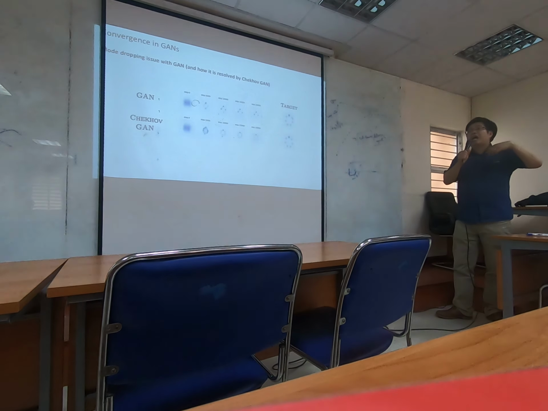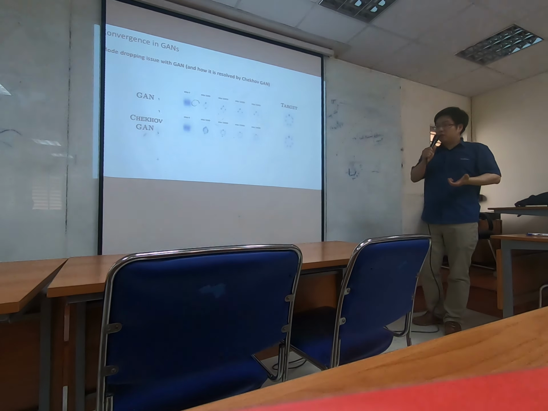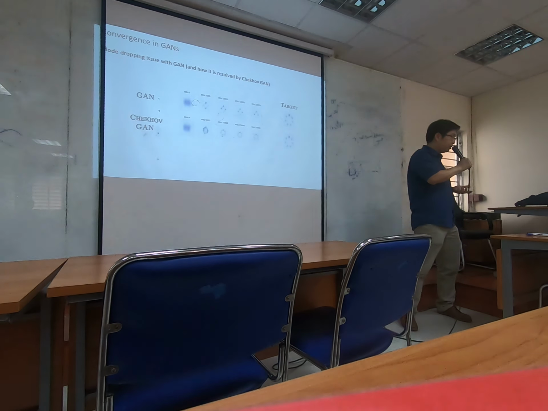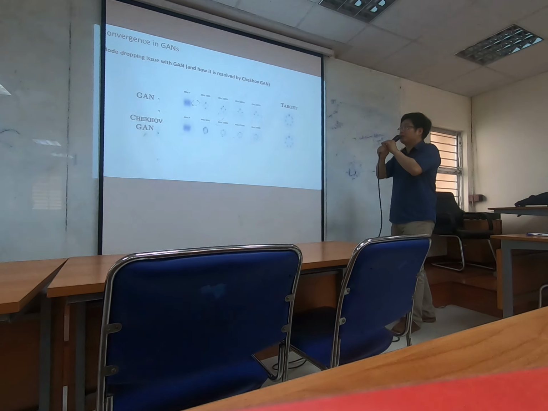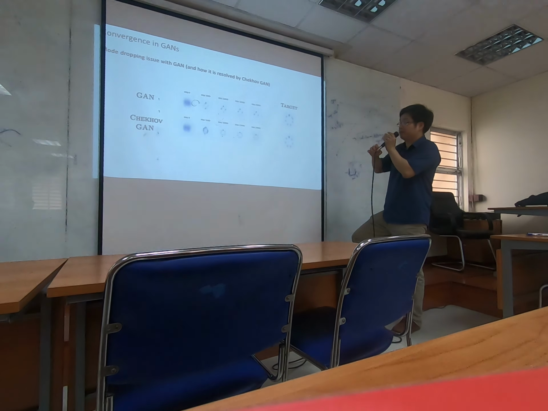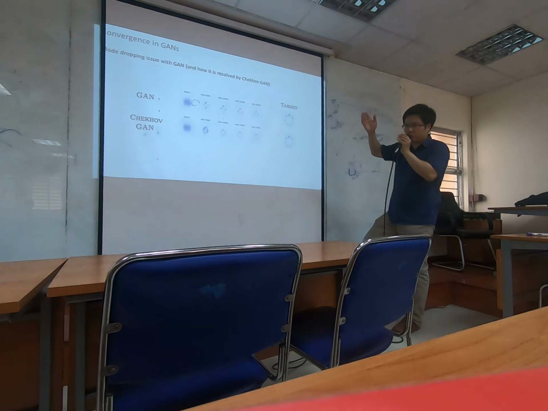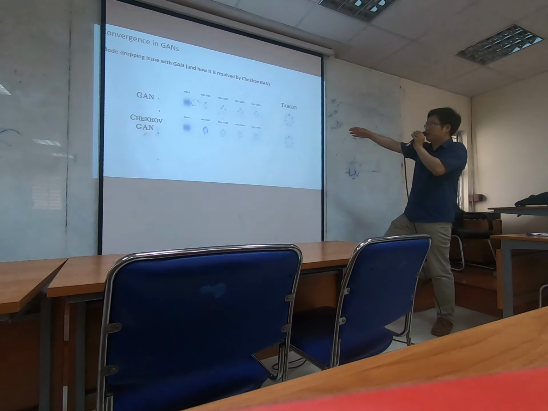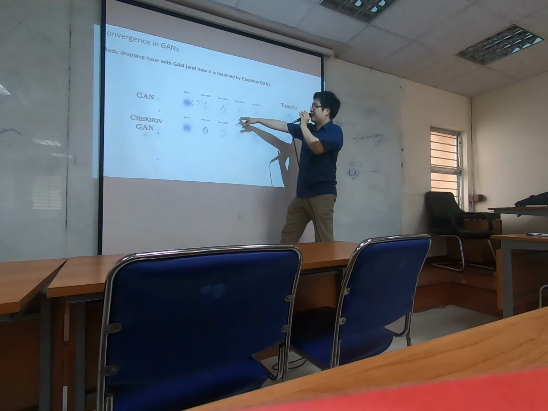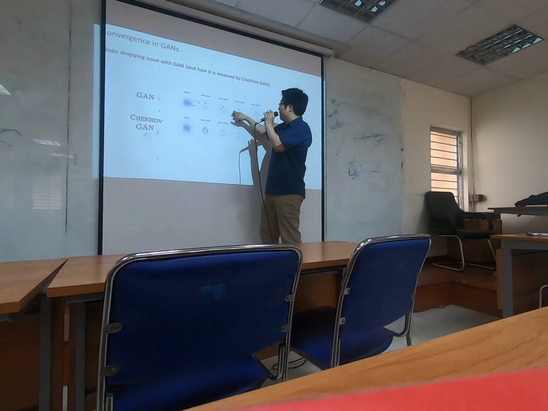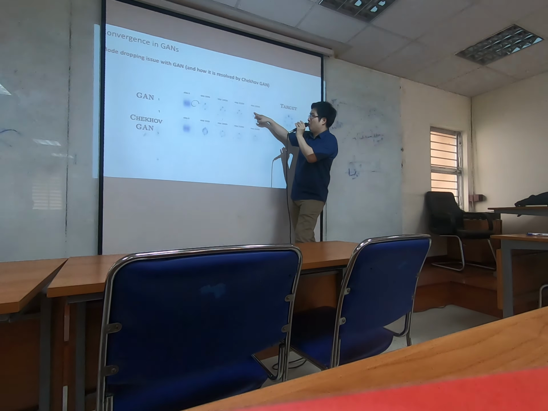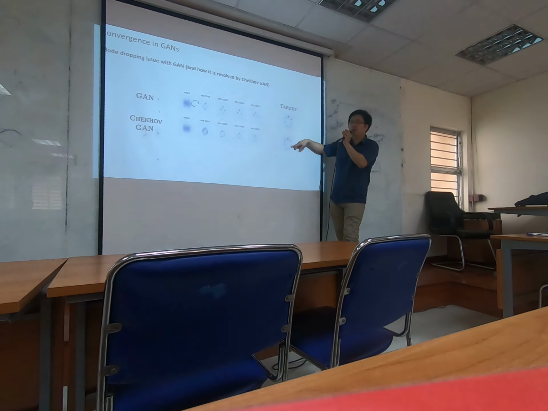And not only will it give you stability, it can also tackle the problem of mode collapsing. So let me give you an example here. If you use a classical GAN to train, then in the end it doesn't show you all the modes. It only shows you maybe 1, 2, or 3 here. But if you use Chekhov GAN, in the end you have the whole set.